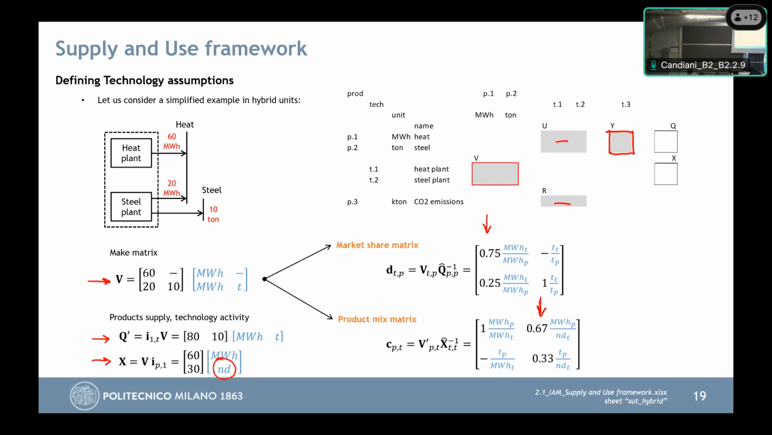Because, for example, in this case, for the steel plant, we are just summing 10 tons of steel plus 20 megawatt hour of heat. The sum is 30, fair enough, but the meaning of this 30 is simply not defined. These are just units of activity. Keep this in mind, we are coming back to this point later on. Once we are defining D and C, then we can apply